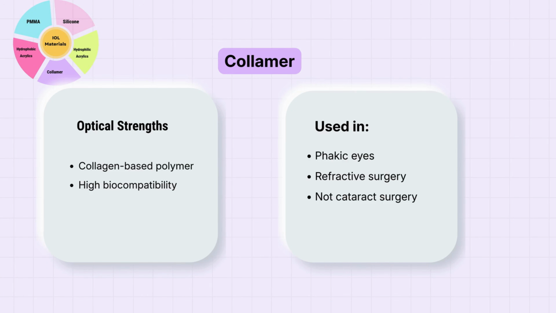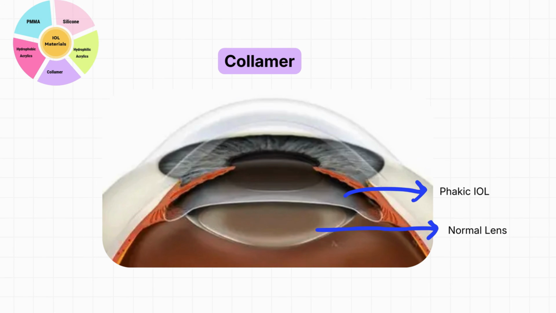Then we have Collamer. Collamer is a collagen-based polymer designed primarily for the phakic intraocular lenses. It has higher water content, excellent biocompatibility, this makes it suitable for placement in eyes with an intact crystalline lens. For the beginners, let me tell you that Collamer or the phakic IOLs are basically a type of refractive surgery wherein we are not removing the crystalline lens, we are just supplementing the crystalline lens with another lens on top of it. And those lenses are known as phakic IOLs because they are placed in a